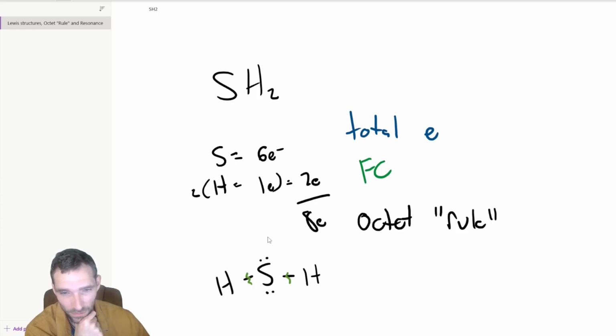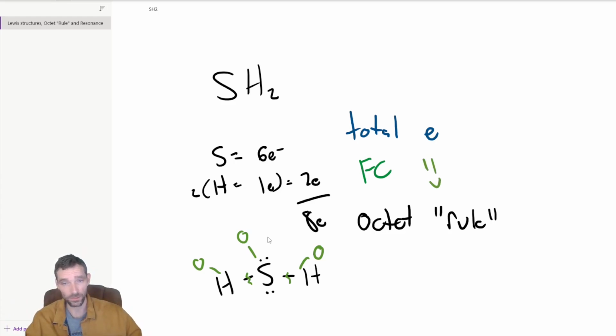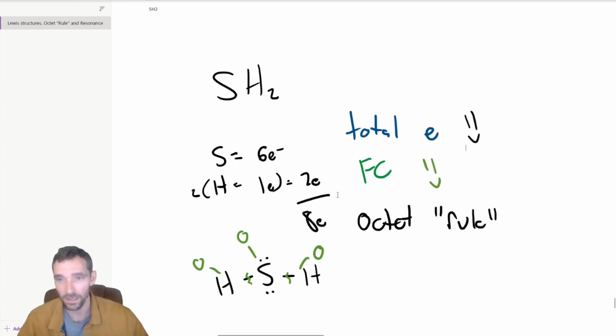Yeah, that's the correct number total, but it looks like the hydrogens are each going to have a formal charge 0, and this guy's going to have a formal charge of 0 as well, because it's got access to 1, 2, 3, 4, 5, 6. So that looks pretty good in terms of the overall formal charge and the total number of electrons, and also